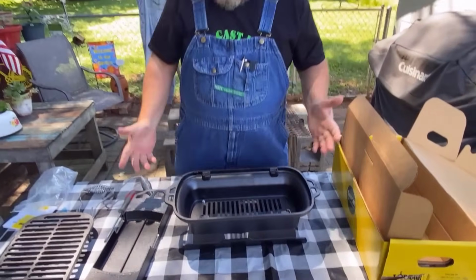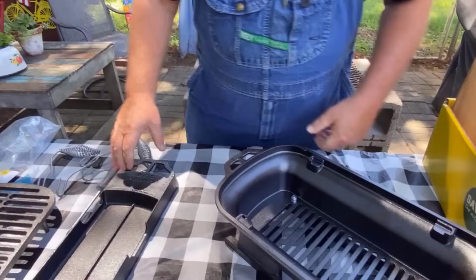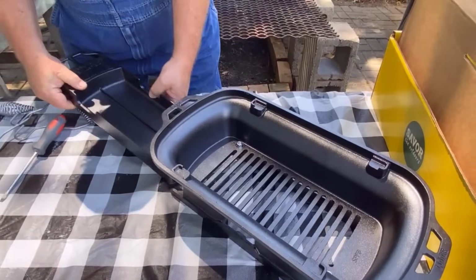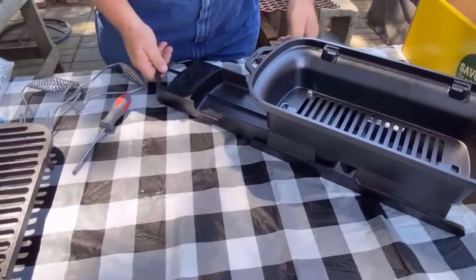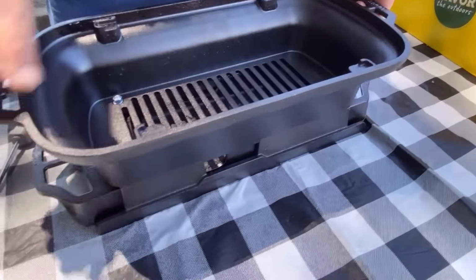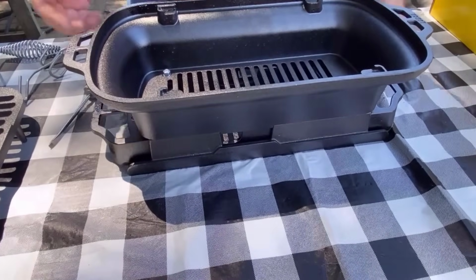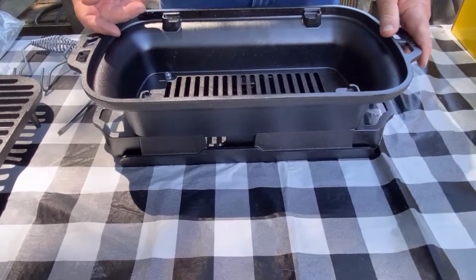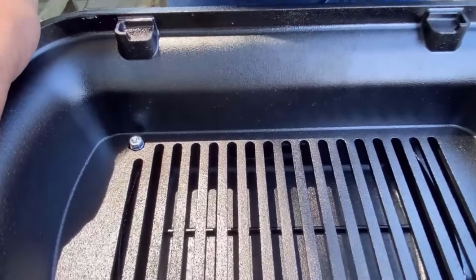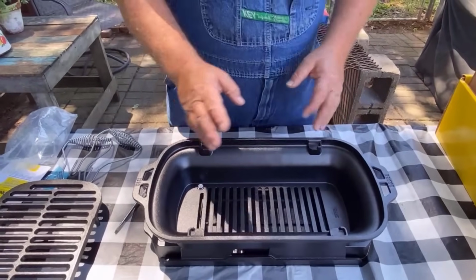It was that simple. Now, with this being the base here, let me turn this a little bit. What we have is this tray that just slides in here perfectly, okay? And this is to catch your ash. So when you have your charcoal in here, this ash tray catches your ash, and it makes it so much easier to discard your ash once the charcoal has burnt down. And now there's 2 other things that they've done here that I really like about this. They've added